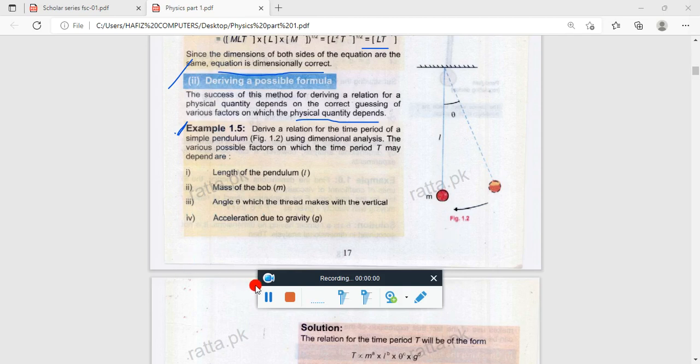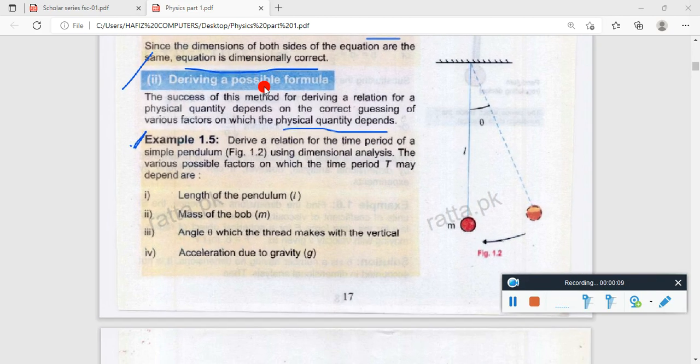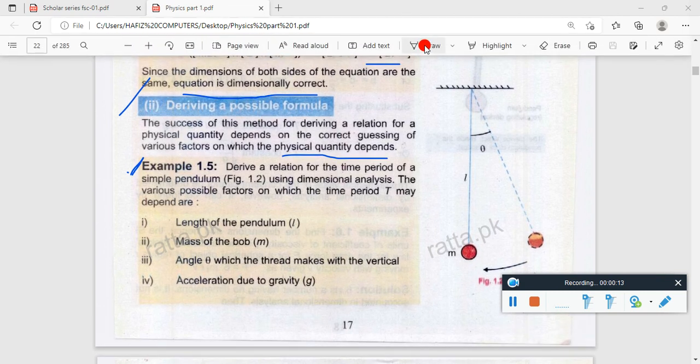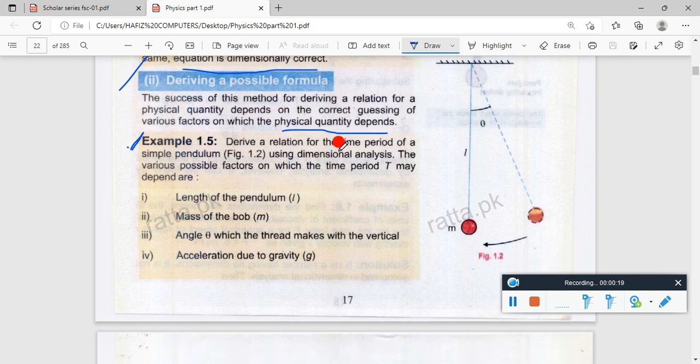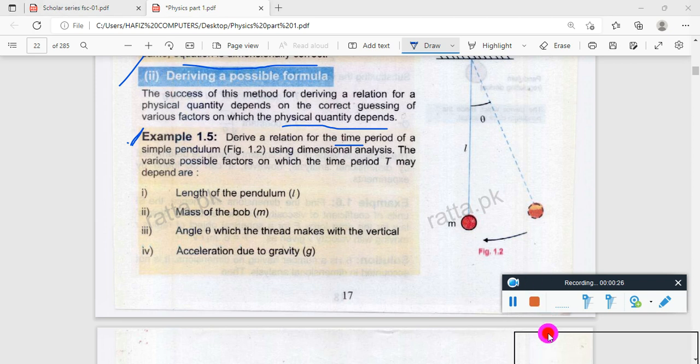So welcome back to the next part of the previous video. In this video we will derive a possible formula for a physical quantity using dimensional analysis, as we have learned in the previous video. For example 1.5, we are given the time period of a simple pendulum. In this figure a simple pendulum is shown